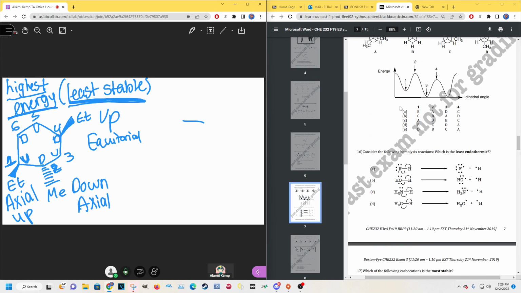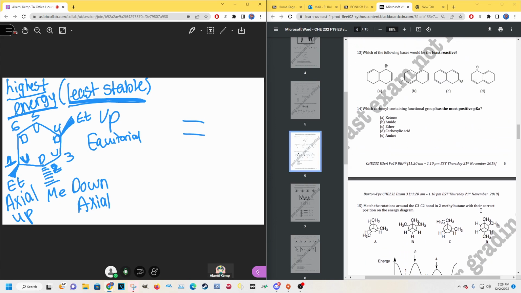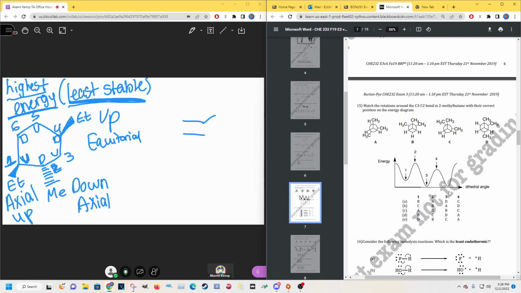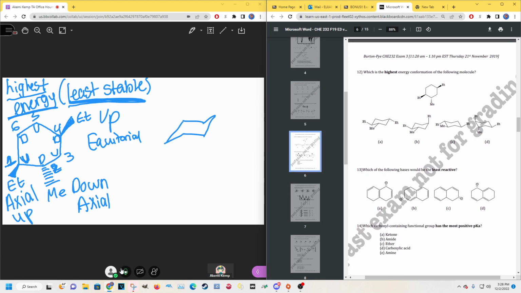So if you want, you can even go further and draw it in. And let me see if I can draw it in good. Yeah, that's good enough. So carbon number 1 is up, and the ethyl is going up, so it's going to be like